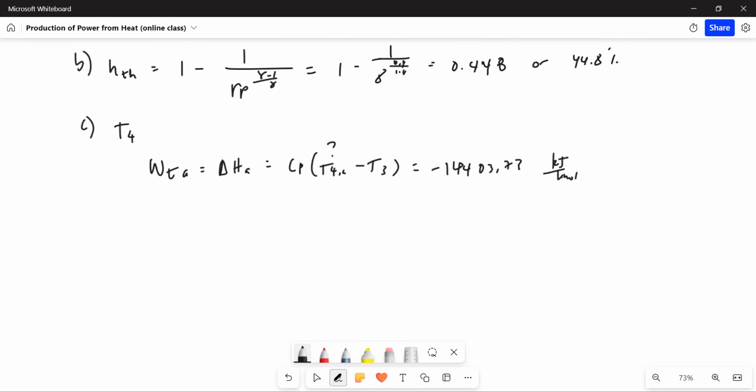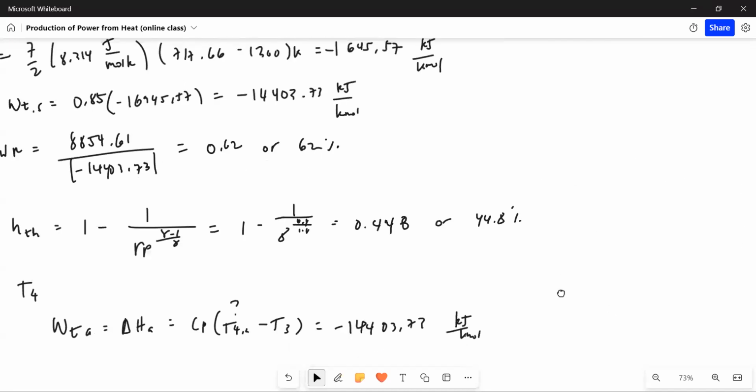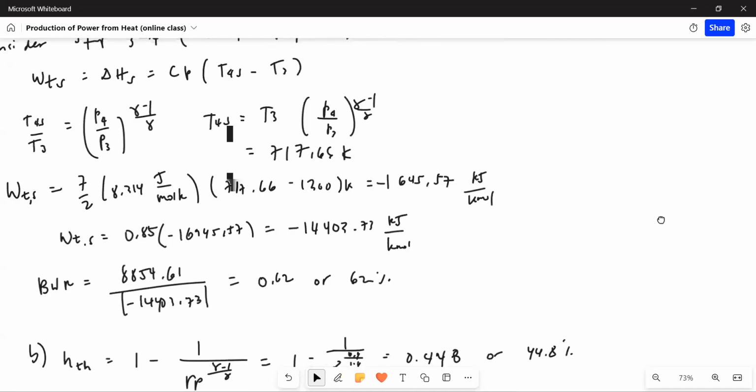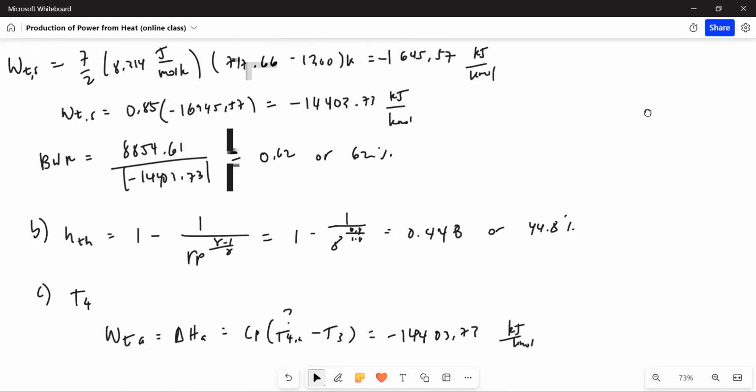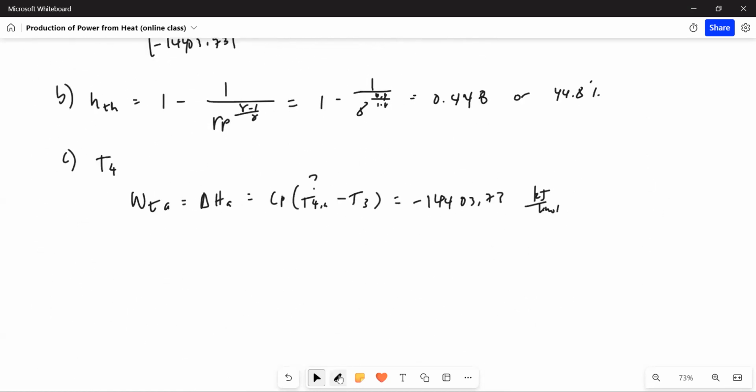Okay, let's check. Right. So substituting everything and solving for T4 actual, that is 805